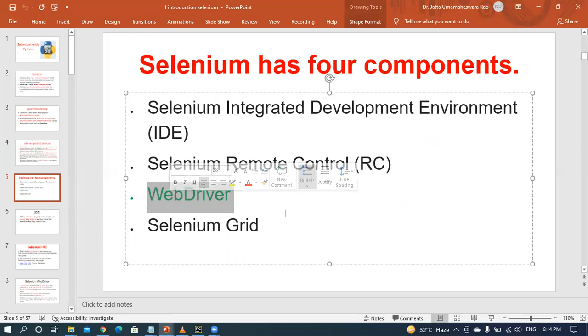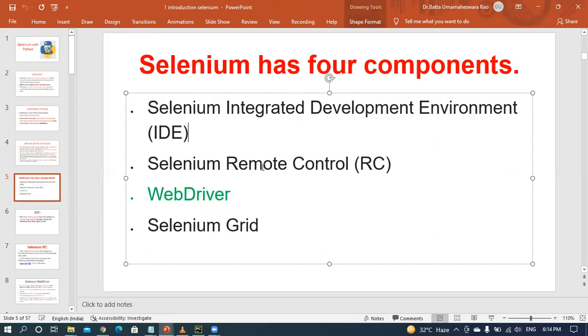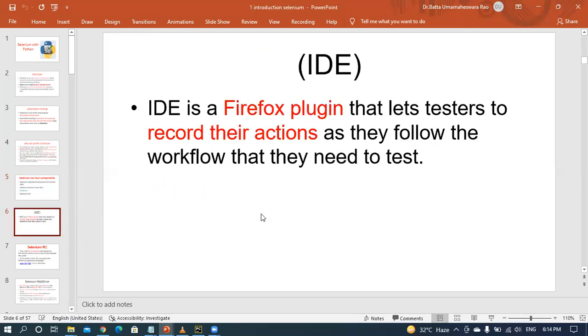With the help of WebDriver you can develop certain kinds of scripts. WebDriver is one class, and in that class you will develop the different scripts. That means in our classes you will discuss only WebDriver. There is the initial stage IDE, and remote control also, but they are not supporting all things. Here you will discuss one by one.